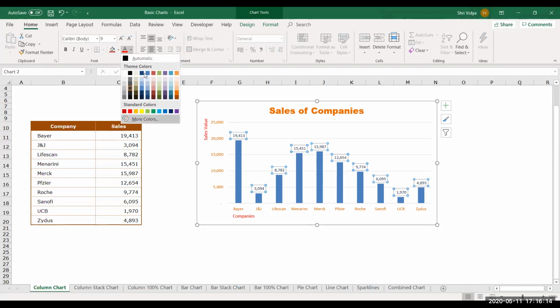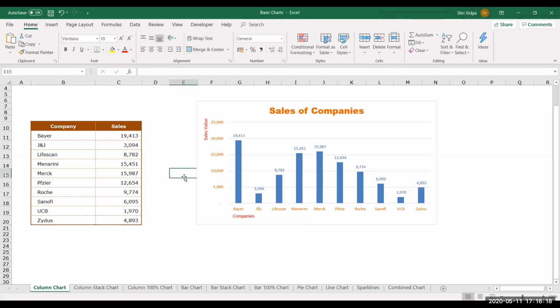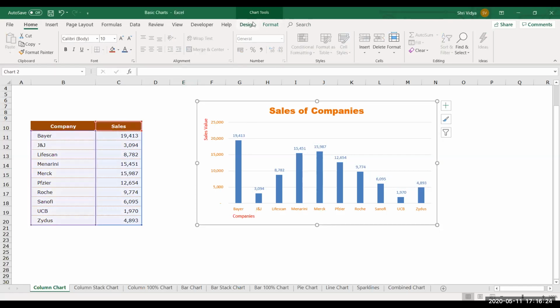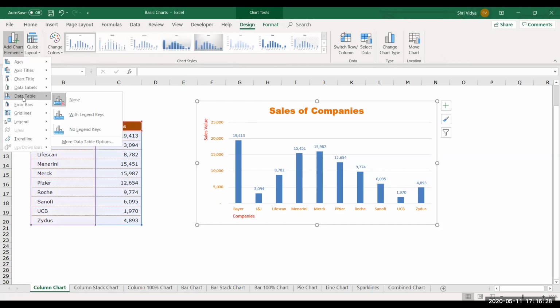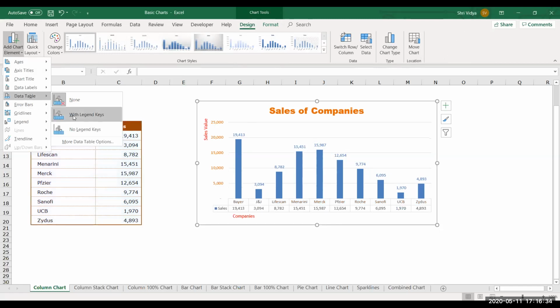Let's say I'll choose this one, which is matching with the columns that we have plotted. There are a few more chart elements like this. Let me go here. Just see data table. Suppose you don't want to show the labels on the series that we have. You would like to show it like this. You see a table below this, but you need to have enough space to display it. Then it will be displayed right below the columns.